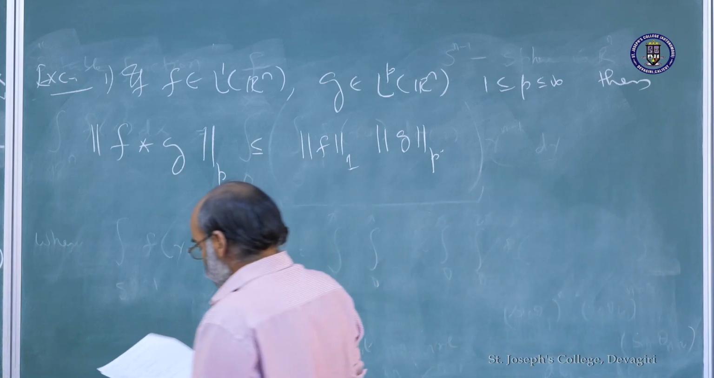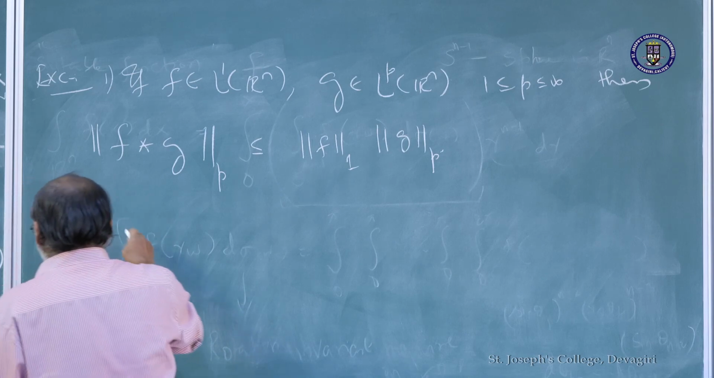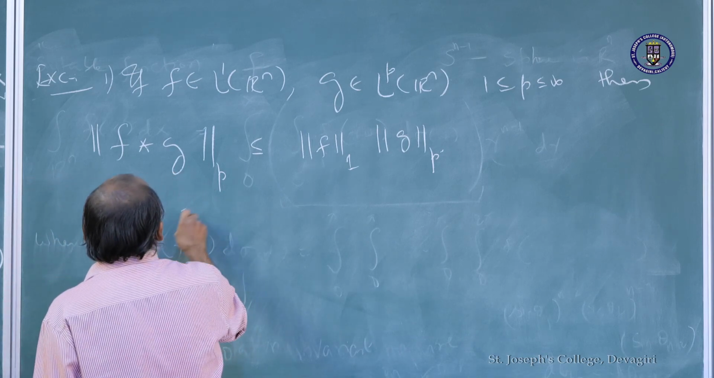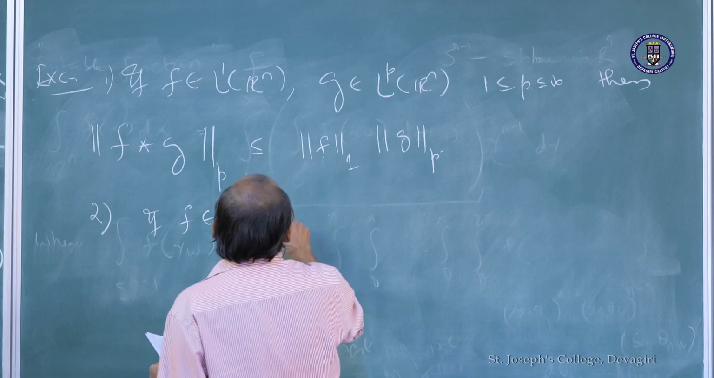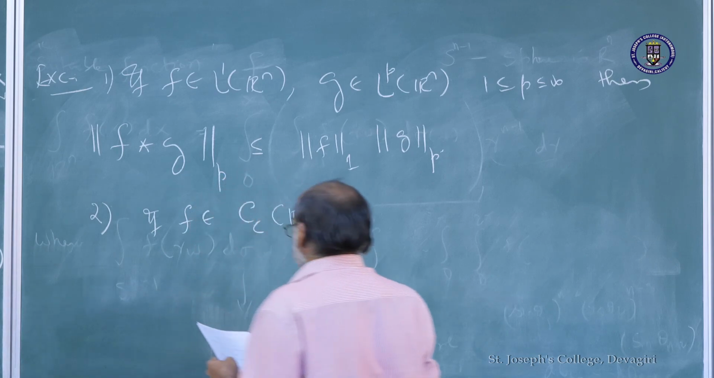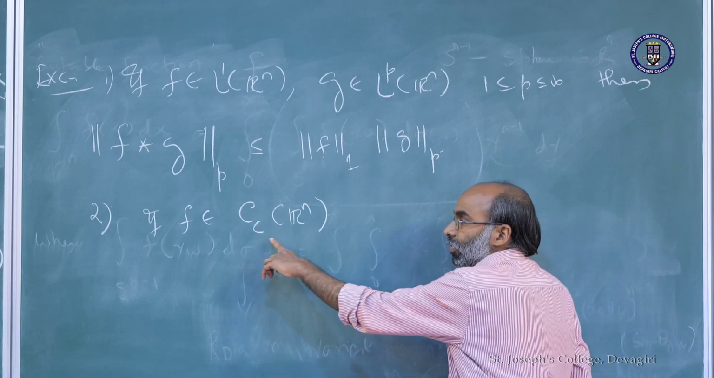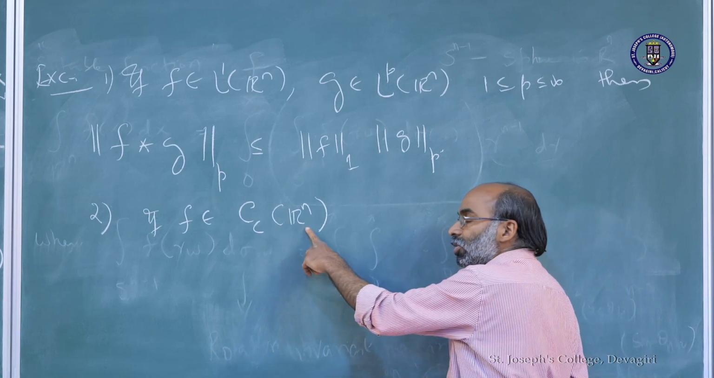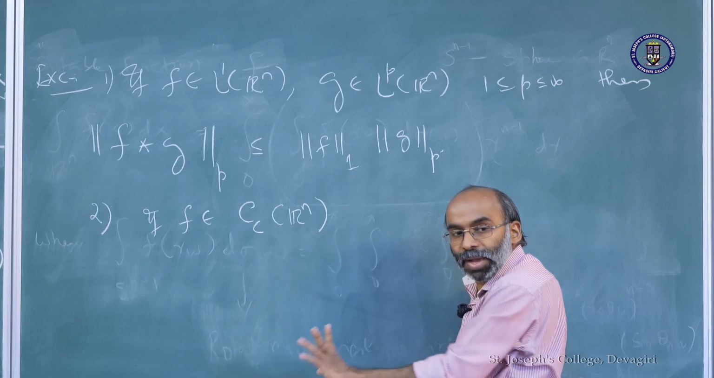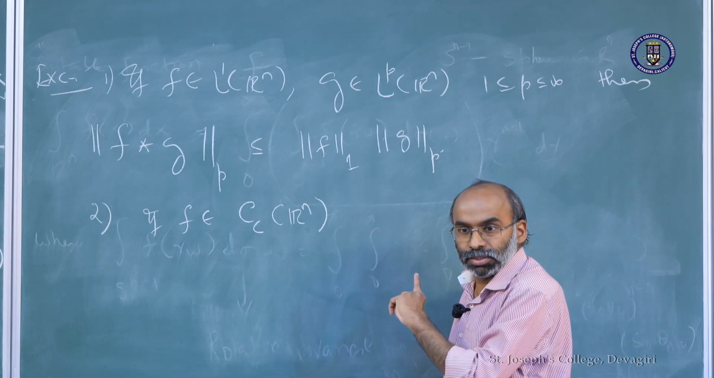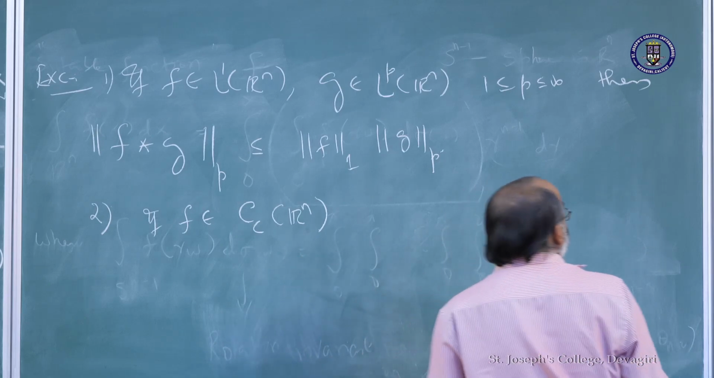Okay. So, second one, if f belongs to Cc of Rn, well, what is this? This is the class of continuous functions on Rn with compact support, right. Are you familiar with this? Okay, I will write it down. So, Cc,